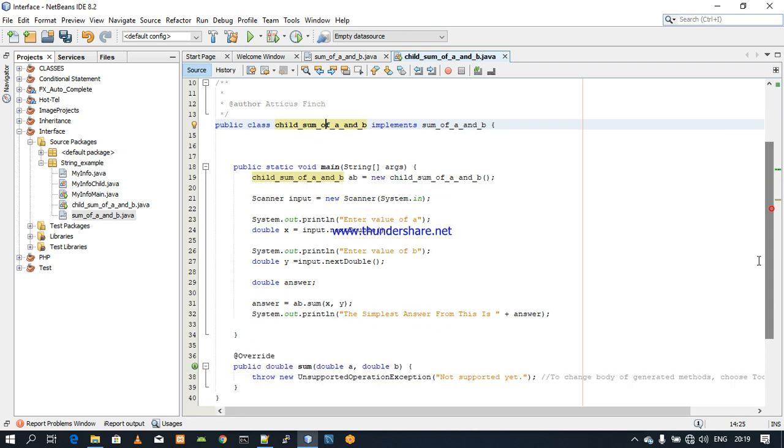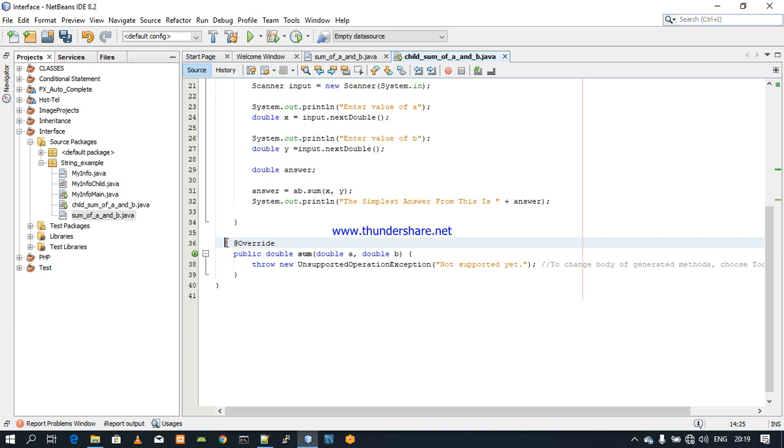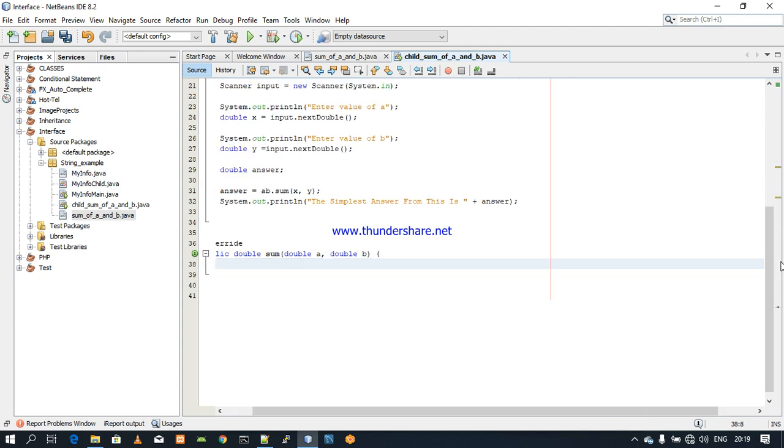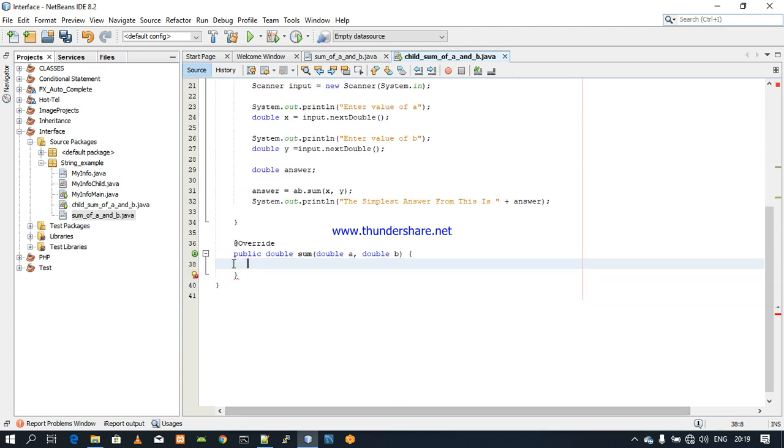You see the method has been generated down here, but I already have done that, so I will simply delete it. But in your case, you need to delete all these from it, so that you can have your method free to do all that. It's saying a return value. We will just return a result since we are doing sum of A and B. I hope you get what I'm saying. You simply type return. It's a reserved word in Java. Return what? We will use